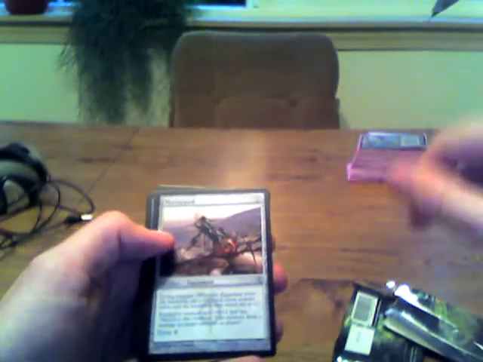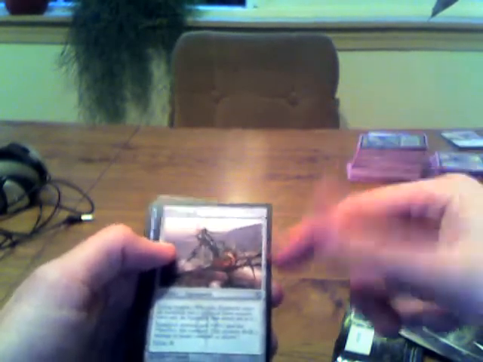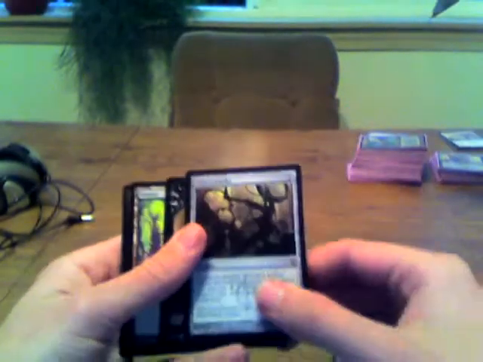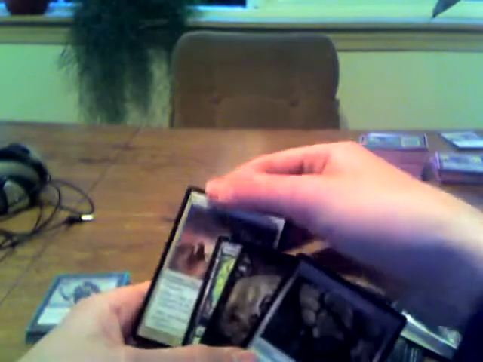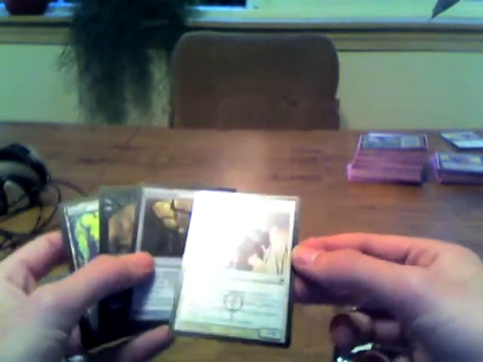Mortar Pod, pretty sweet. I considered this in the sideboard for my Infect deck, but I decided not to. Corrupted Conscience, excellent. And Mirrorworks is the rare. Mirrorworks is okay. And there's a foil Priest of Norn. I haven't tried Priest of Norn yet, so I don't know if it's any good, but pretty cool looking foil. So no awesome rares really, but Corrupted Conscience is pretty good, and Phyrexian Ragers are always sweet,